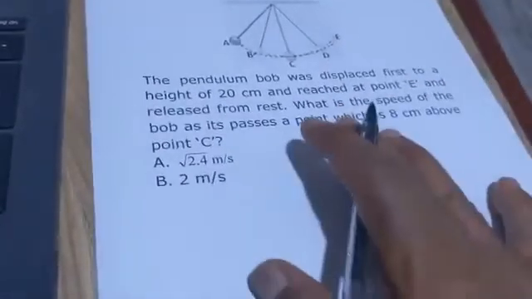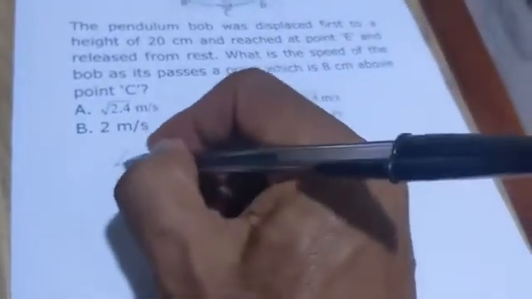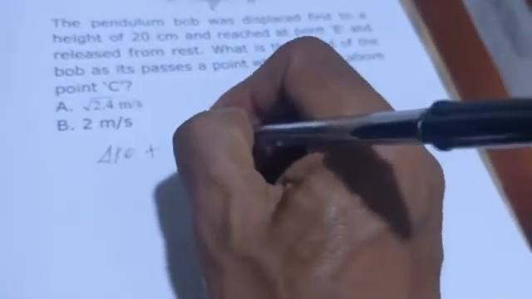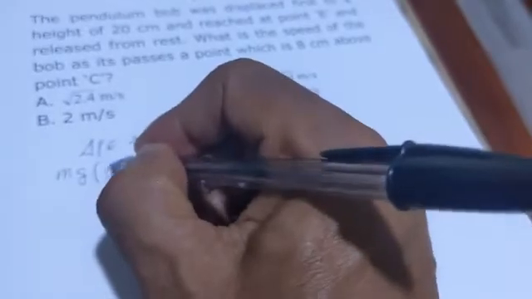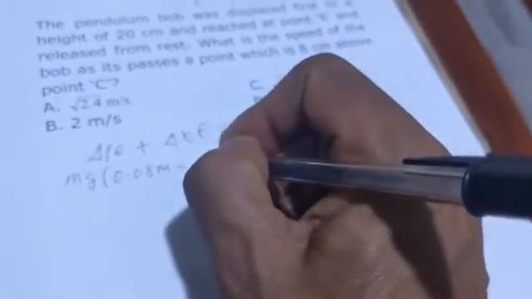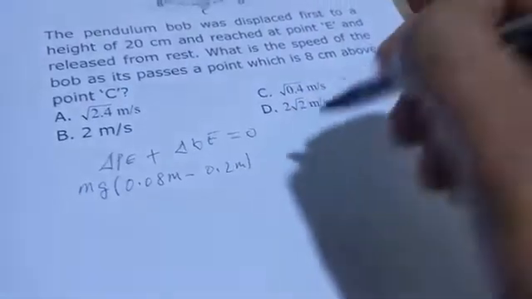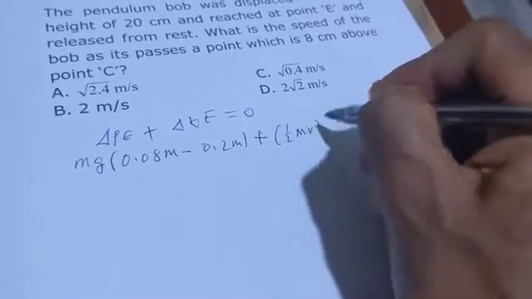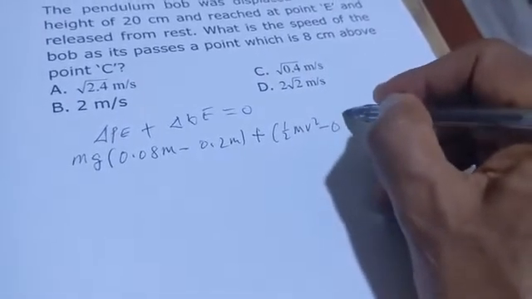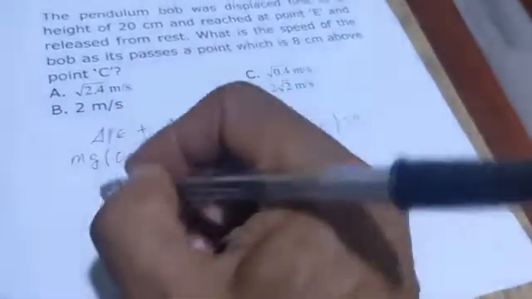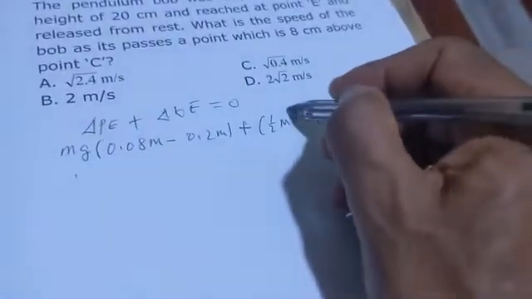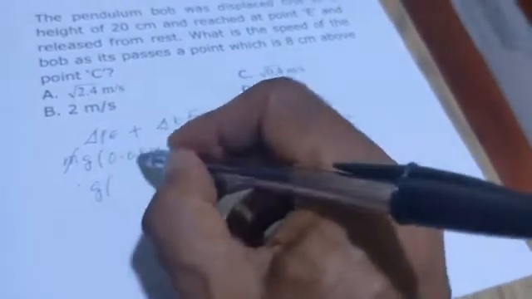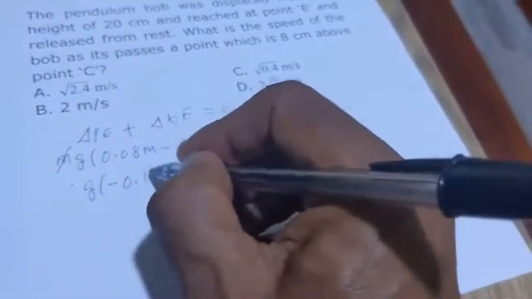Now you can see here that the change in potential energy plus the change in kinetic energy is equal to 0. This is the same as m times g, the potential energy, times 0.08 meter minus 0.2 meter, plus the kinetic energy, half mv squared minus 0, which is equal to 0. Here the mass cancels. G times this minus this one is minus 0.12 meter,